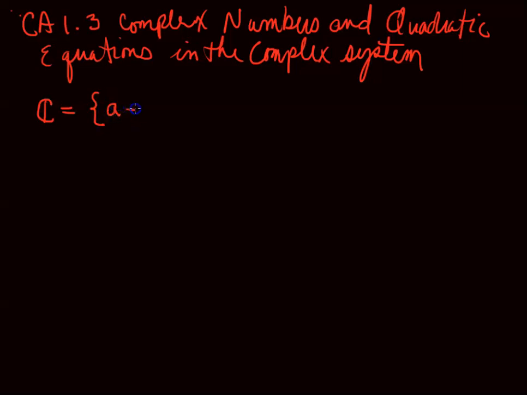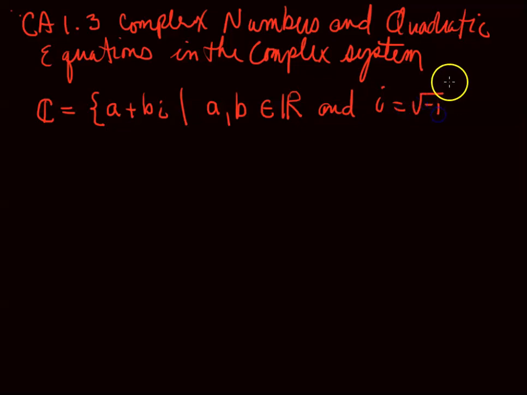It looks like this: a plus bi, such that, so it's the set of all things a plus bi such that a and b are elements of the real numbers, and i is the square root of negative 1. This i is called the imaginary unit,